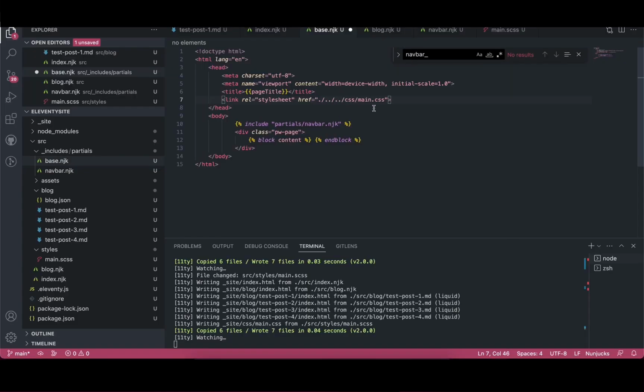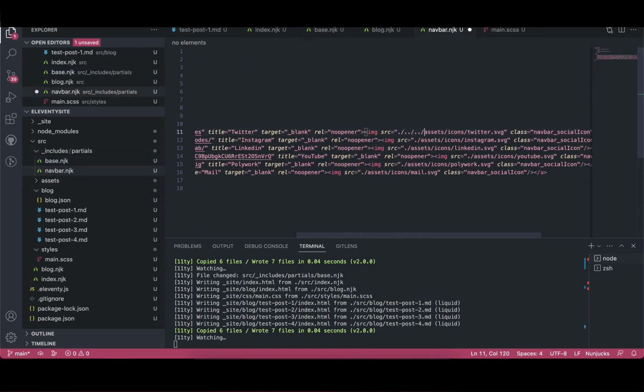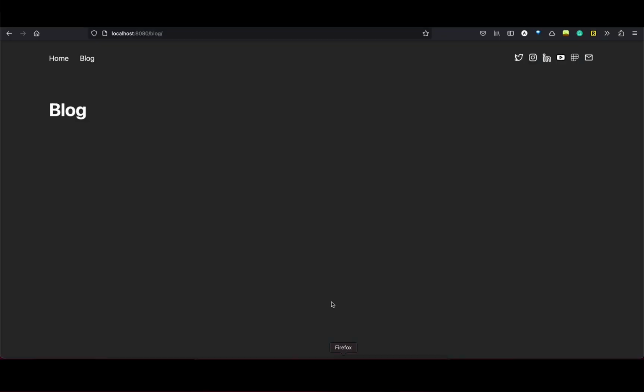Instead of fixing this, I'm just going to do some hackery with the file paths so that nested pages also pull in styling properly. And now if we check this out, we can see that it does have the correct styling. I think it's probably possible to set up page-specific styles that would stop this kind of hackery going on, but because it's a personal project, I didn't really want to bother spending the time to figure that all out.